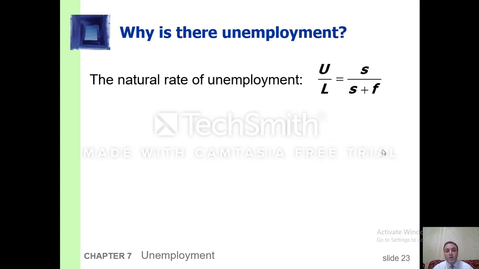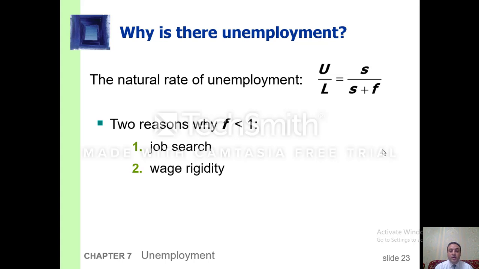So, back again to why there is unemployment. As we know, the natural rate of unemployment is the unemployed people divided by the labor force, or the job separation rate divided by the sum of the job separation and job finding rates. So we said that we have two reasons why the job finding rate is less than one: the job search and